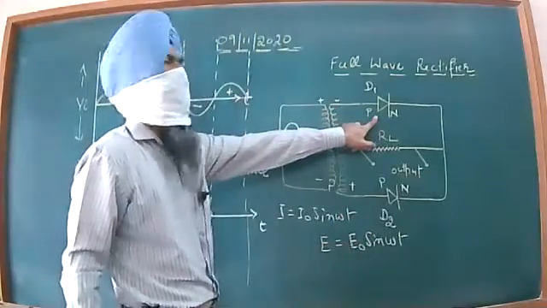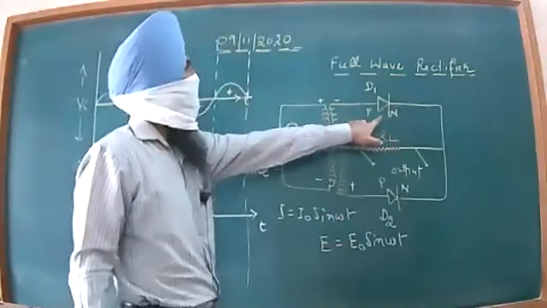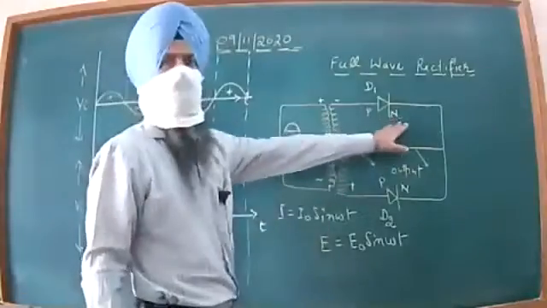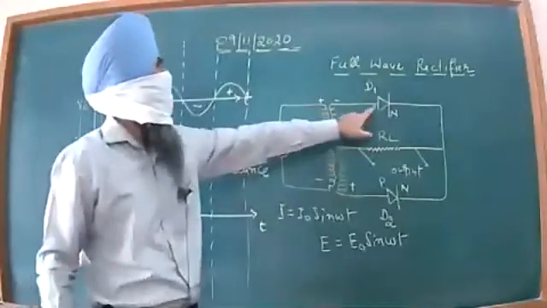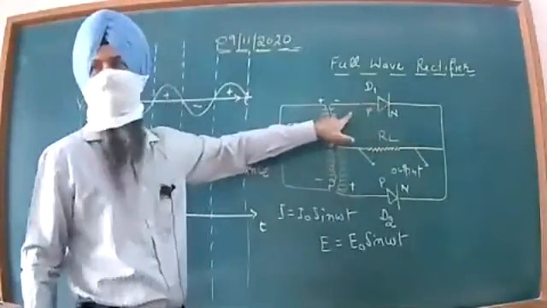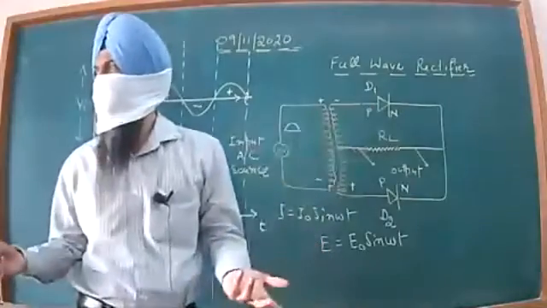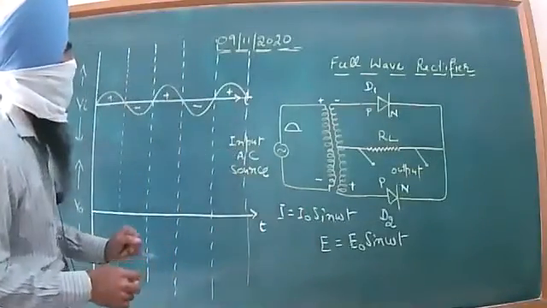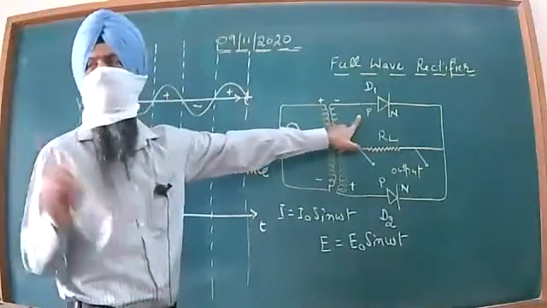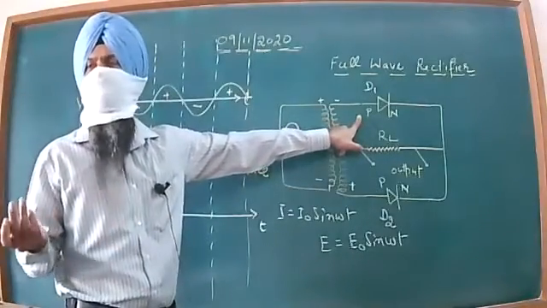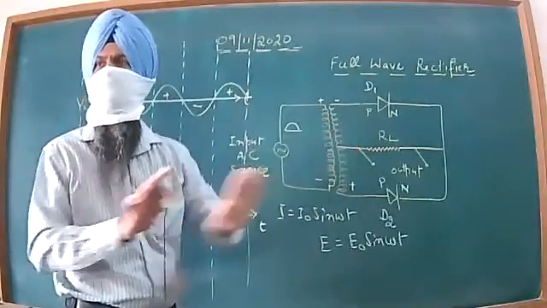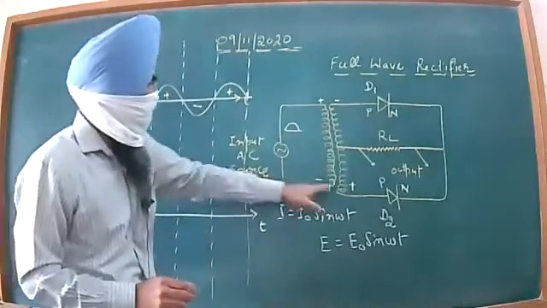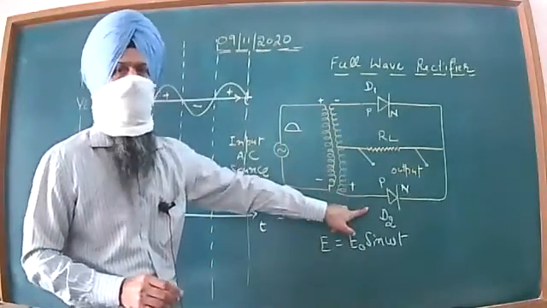Negative is connected to the P of the diode D1, N of the diode D2, it is at some other voltage. I mean to say that when this P is at the negative potential, it will not be forward biased. It will be reverse biased. And when it will be reverse biased beta, D1 diode will not conduct because it is not forward biased, it is reverse biased, it will be in the cutoff state. It will not work.